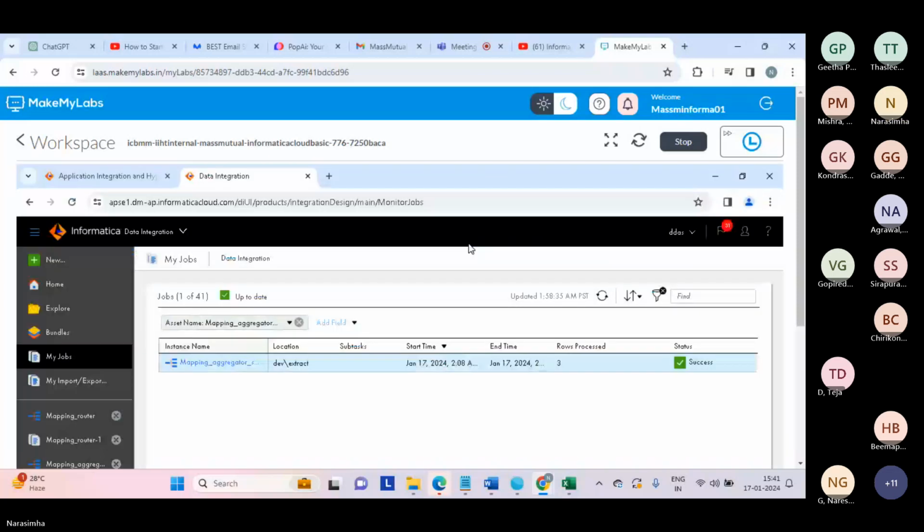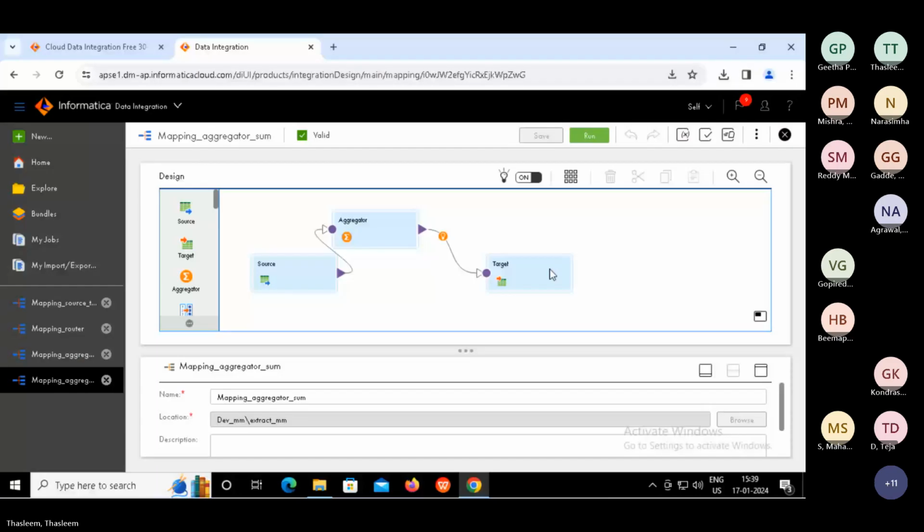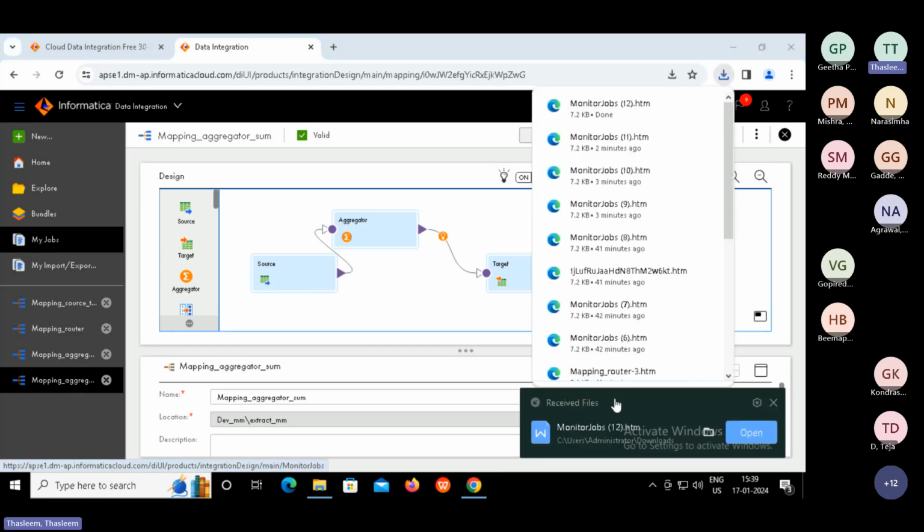It's like it's getting stuck kind of thing. Yeah, try to share it. Let me see what the problem is. Can you see my screen? Yes. So it's happening like this.